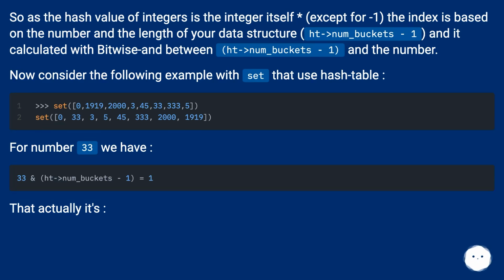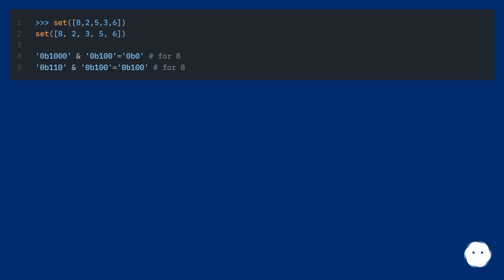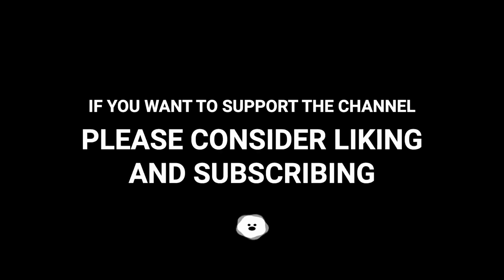For number 33 we have that actually it's the hash function for class int. If you want to